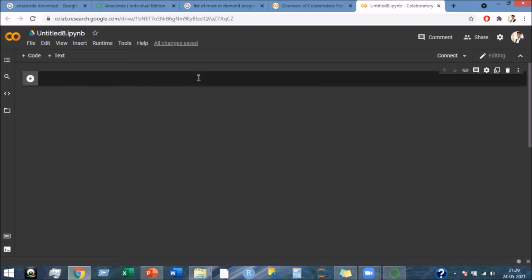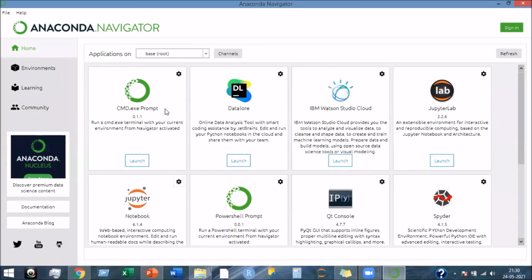Maybe you might see some improvements here and there, like the code and text cells. Earlier you had an option here, but here you have code and text cells separately. Apart from that, you might find certain changes online, but in order to begin with coding, it's better to stick with offline mode, where you install Anaconda Navigator and run a few programs on your system.